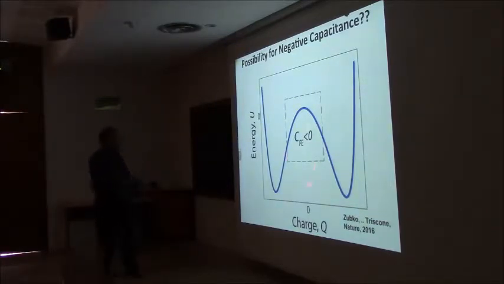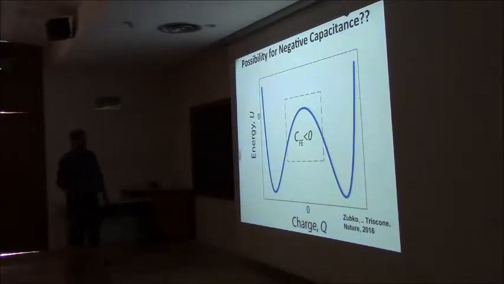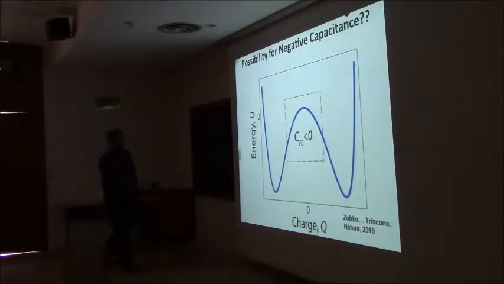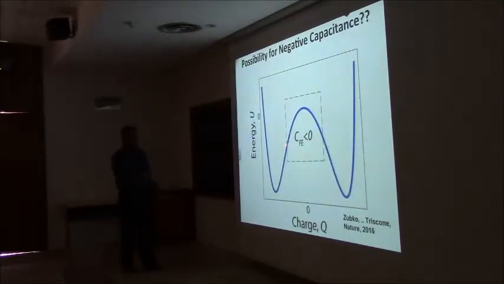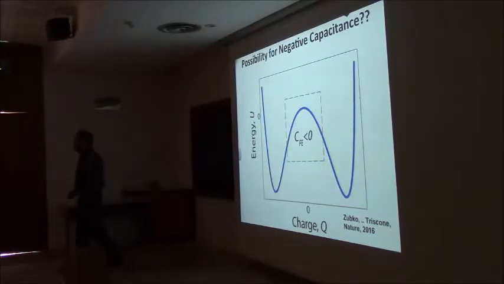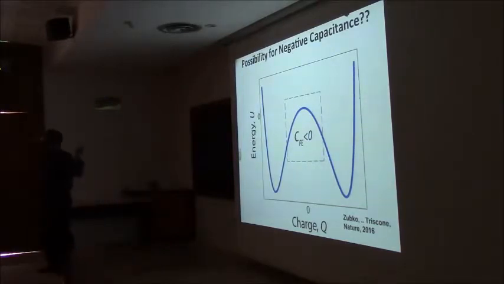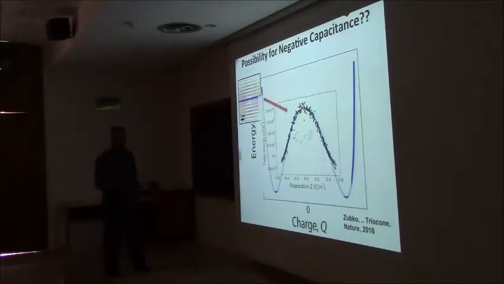You saw this before. Looks very similar. There are pieces of this energy landscape. This is just a standard picture for a ferroelectric. There are parts of it where the curvature is negative, and so the capacitance should be negative. This ties back to what Pavel was talking about yesterday. There are regions in space where you have, and you can actually measure it. This is from the theory, of course, not experimental.